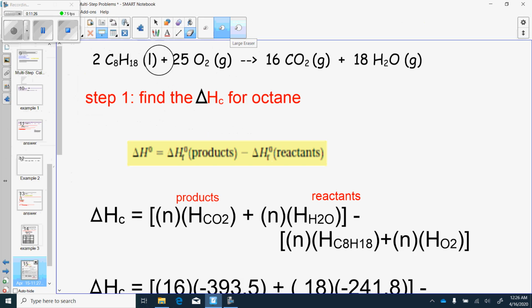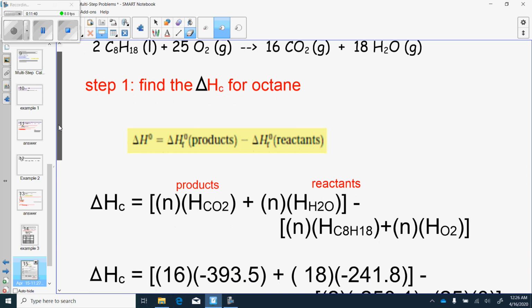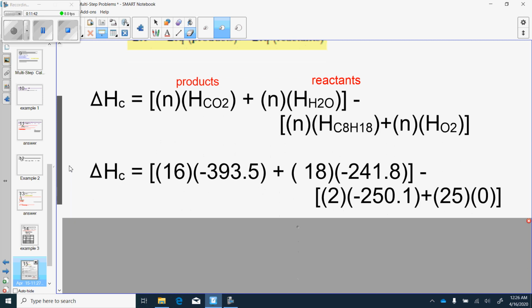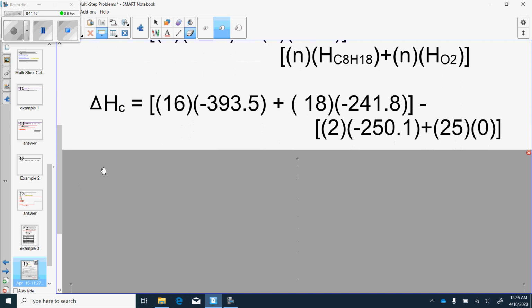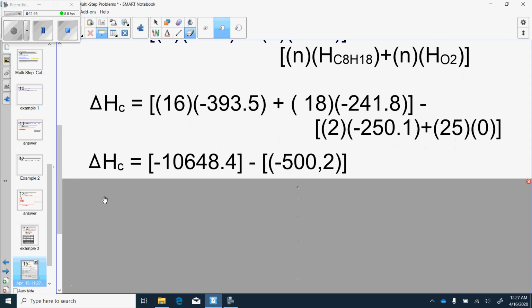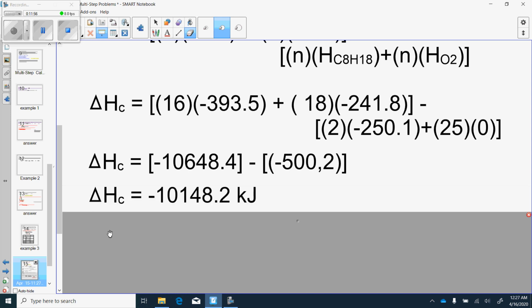Here's our equation right here. So there are 16 moles of carbon dioxide, 18 moles of water, 2 moles of octane, and 25 moles of oxygen. As we make our way through, and you guys probably have it solved already, we plug in these numbers, finding the heats of formation and using our coefficients, and we tally and do the math, and boom, we find that we have